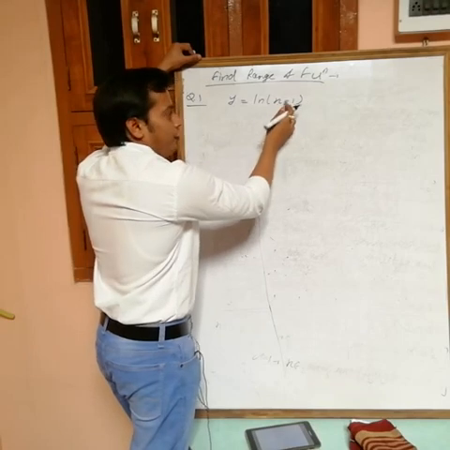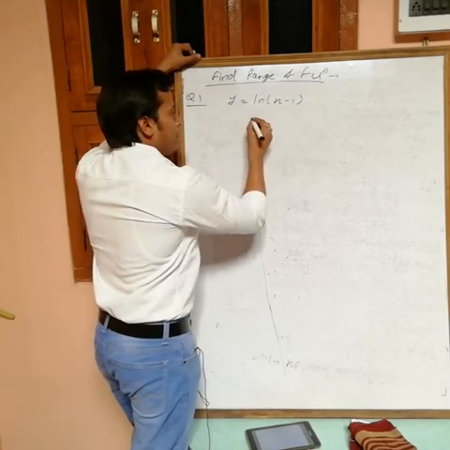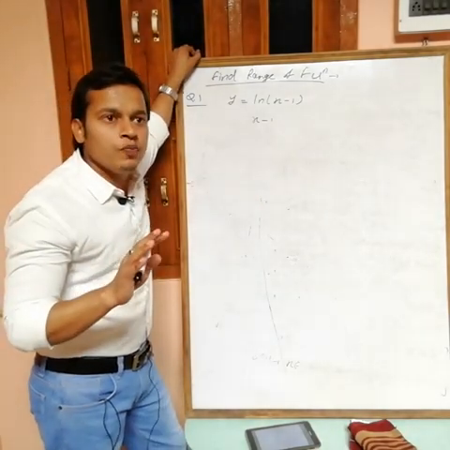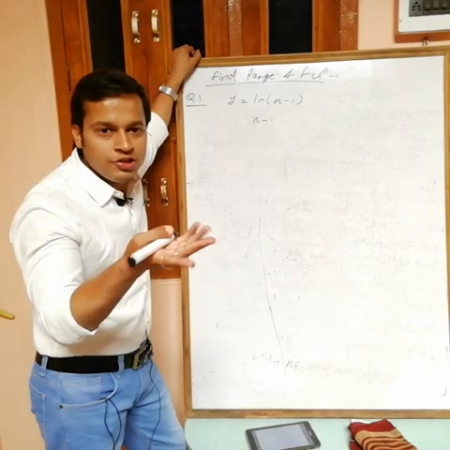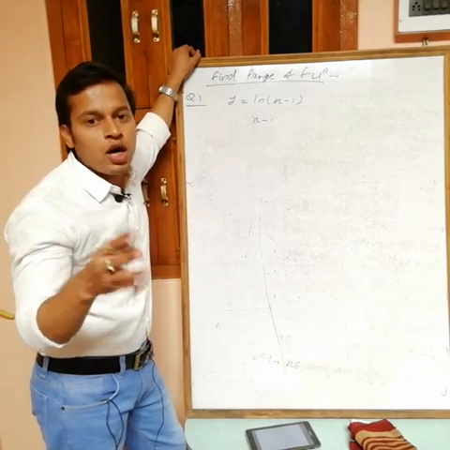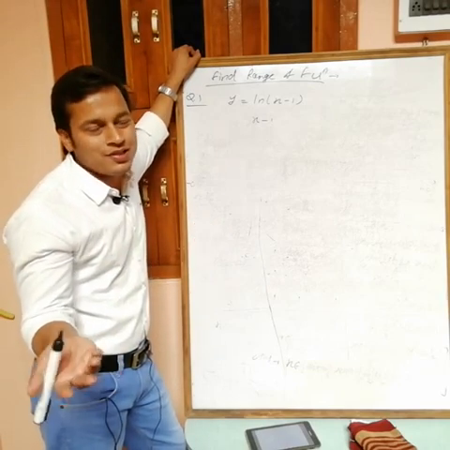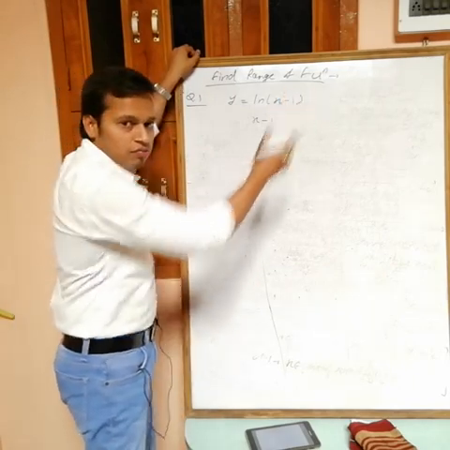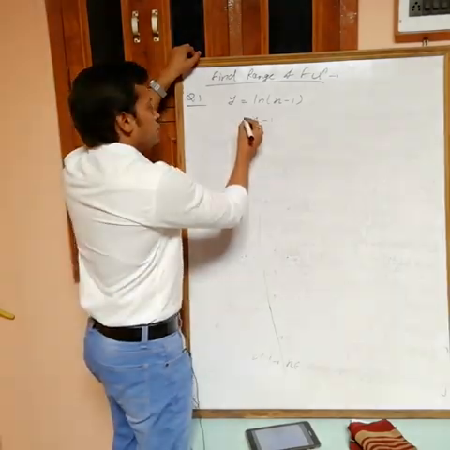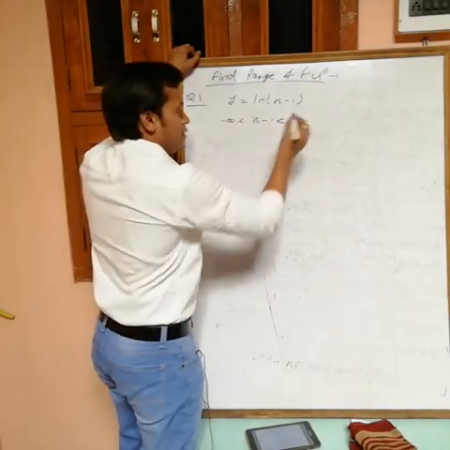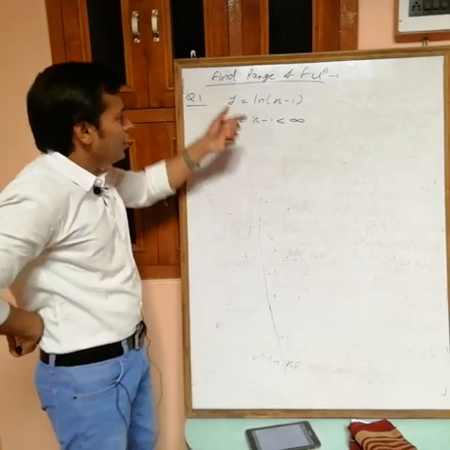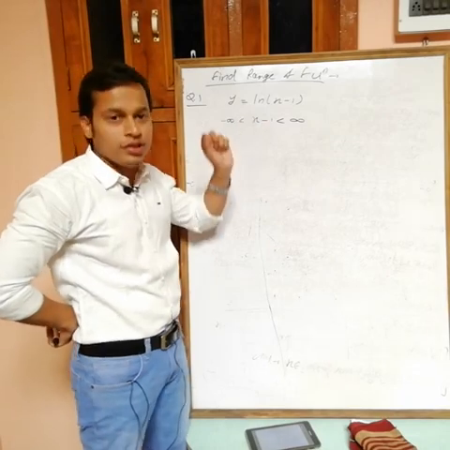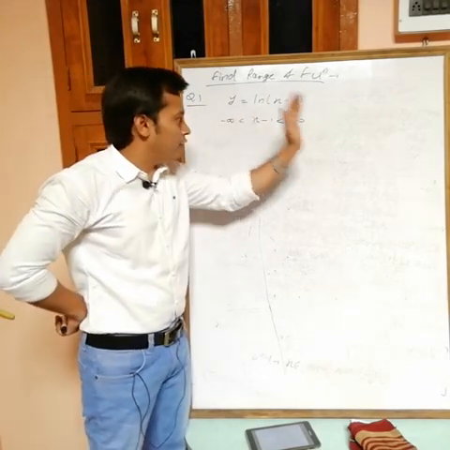Now first I am moving from inside to outside, x minus 1. Now x can take values from minus infinity to plus infinity, so x minus 1 also can take minus infinity to plus infinity. Just simply you can draw the graph of y equals x minus 1, a line from minus infinity to plus infinity. But I don't want the value of this, I want the value of ln of x minus 1. So I have to take the logarithm on each side.